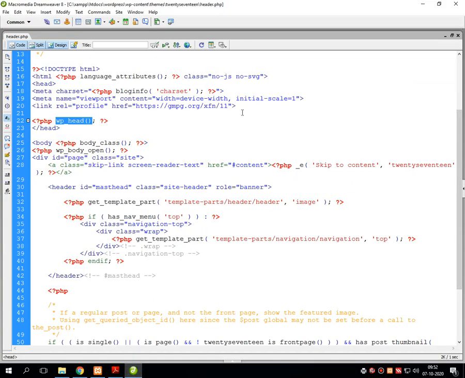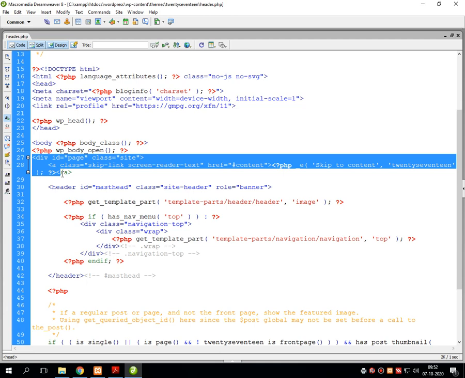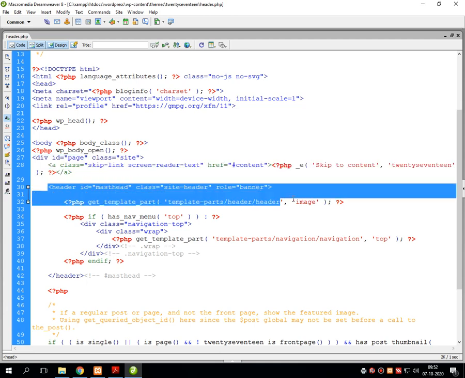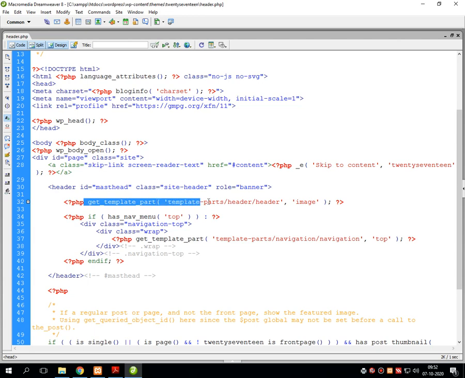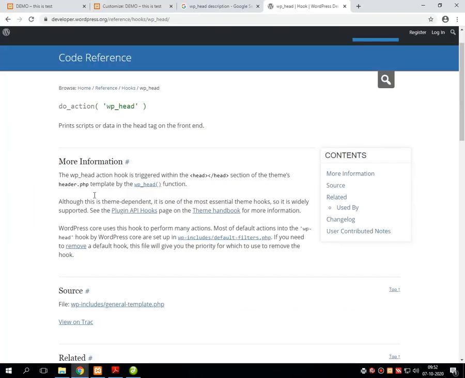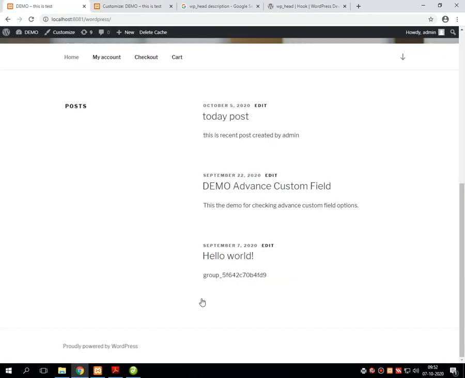Now, in header.php, the next line of code is body, that is the main executable part which calls the body_class. wp_body_open opens the entire body of the class. There is a divisional tag. Then there is a get_template_part which calls some images. Images means this image.